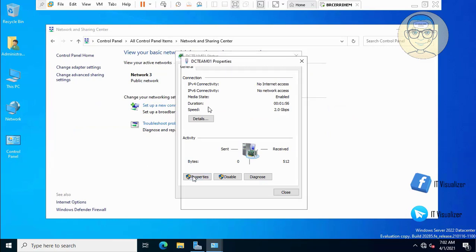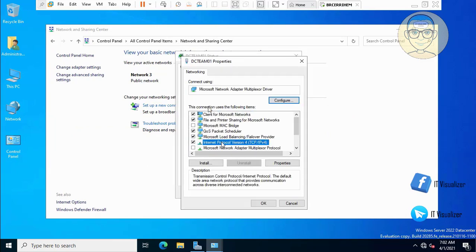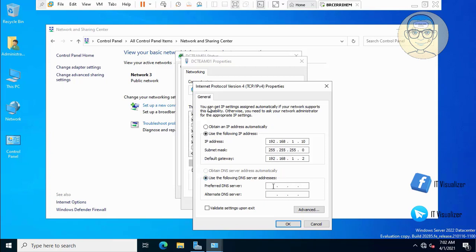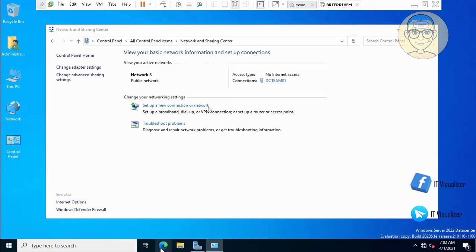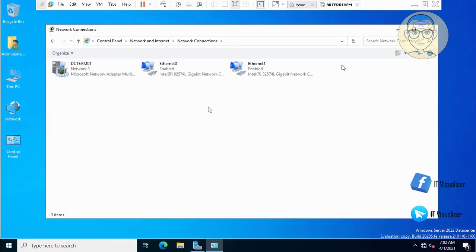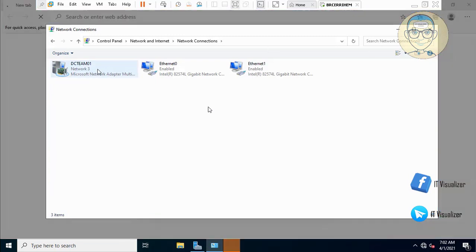Here I will go to the properties, okay, and then properties, and then we will add the DNS to be 8.8.8.8. This is Google public DNS, or you can add the default gateway as a DNS, but anyway this will work. So we will change this setting after or before promoting this server to be a domain controller. We will change the preferred DNS, or we will remove the preferred DNS, and then we will begin installing the domain controller. And after installing the domain controller, we will correct the issue of